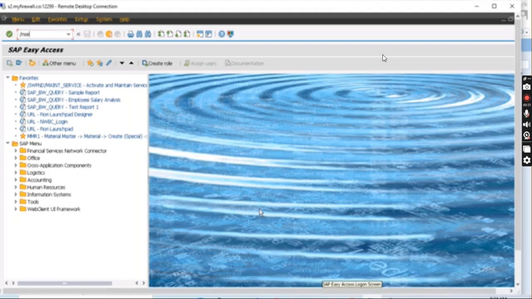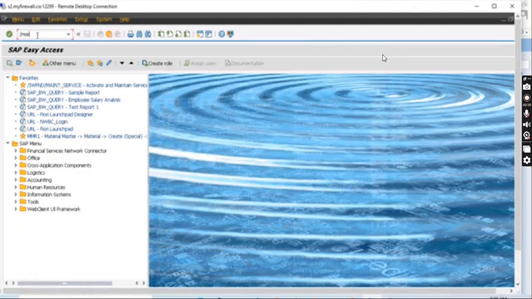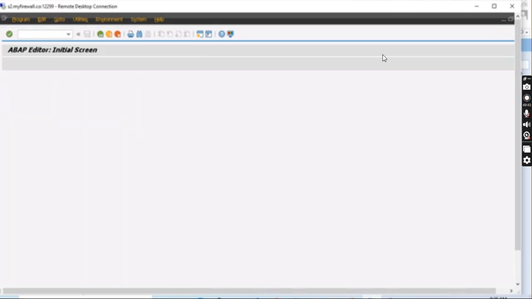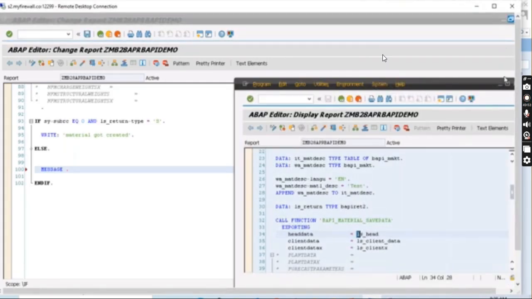Let me check. Okay, we have closed that one. Come to this, now go into the change mode. Go into change mode. What happened? I think somewhere it is opened.